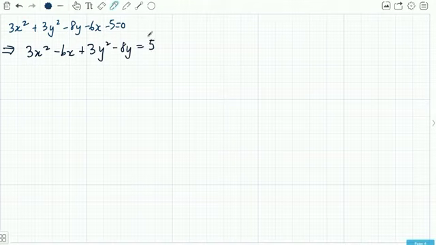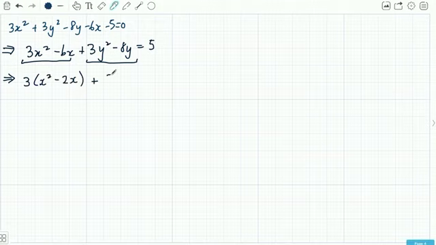I'm just putting the 5 onto the other side. Now that we've got our x's and our y's together, I'm going to factor the 3 outside of the x's, so I've got that, and I'll factor the 3 outside of the y's as well, which looks a bit ugly, unfortunately. And at this point I'm going to complete the square